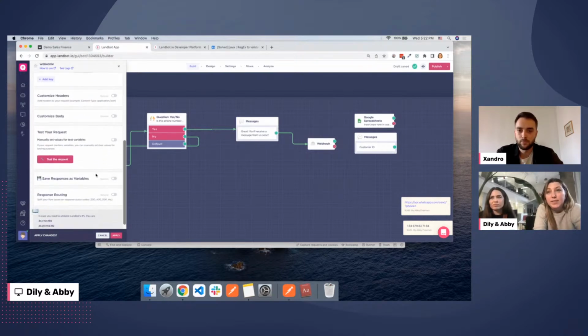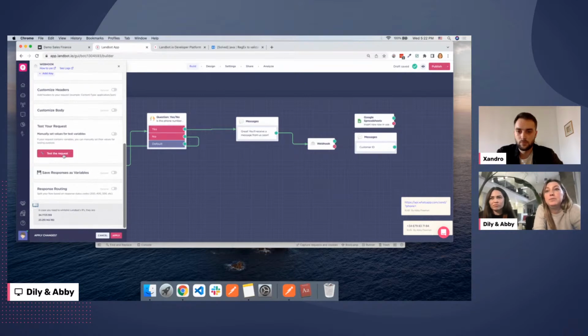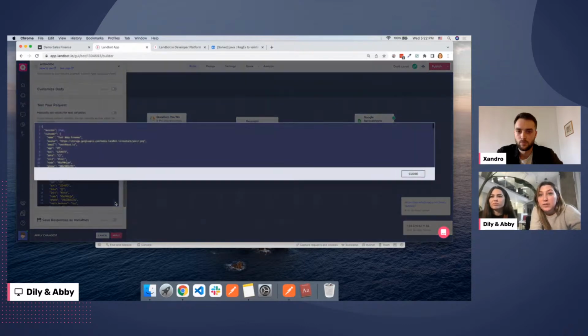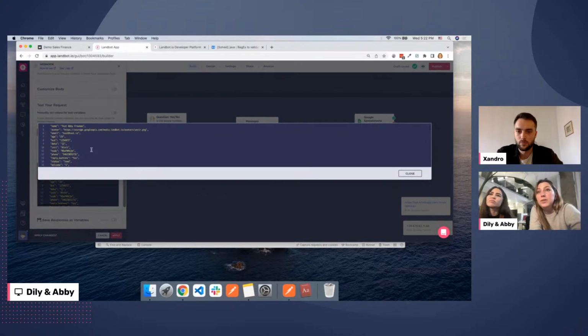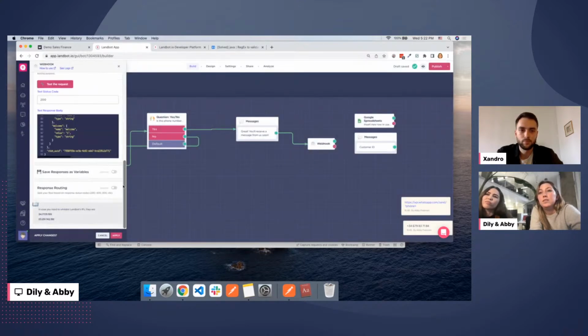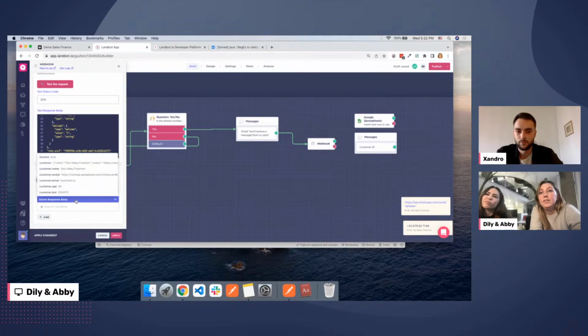And let's test the request. Keep in mind, this is a real request when we test it. And it should always return 200, but it can take a couple of minutes for the opt-in to be accepted by WhatsApp. So I just want to show you the payload here. This is where I get my user ID. So it's here under ID, and I'm just going to save that for later use. So I'm going to save the ID.